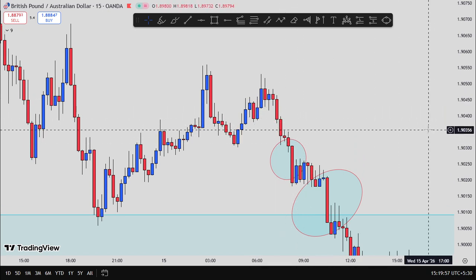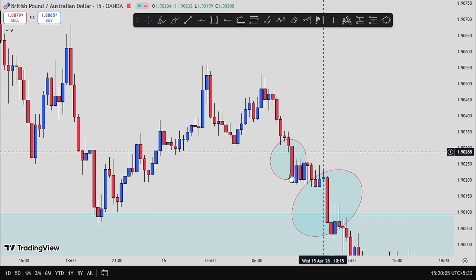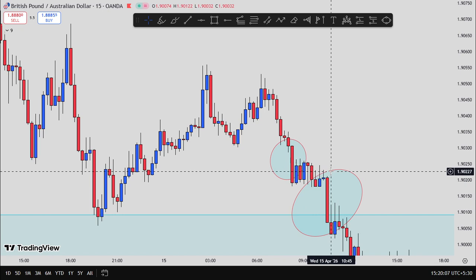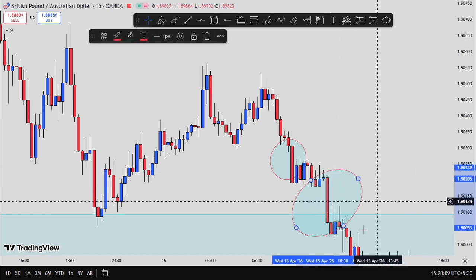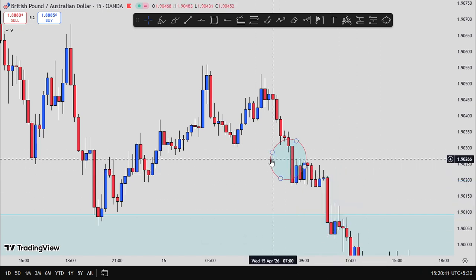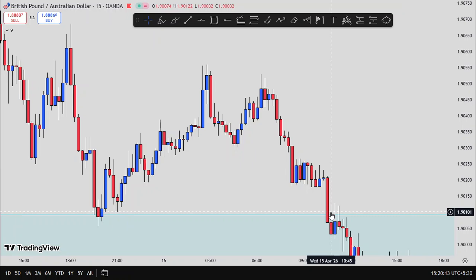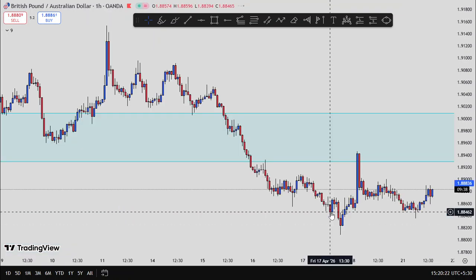But the thing which matters is that you do not have to combine everything. You have to select for yourself what you would like to see. See, if you are looking for the trend on the 1 hour, then you look for the engulfing or the entry confirmation on another time frame. That is how it is done. See, if I personally, if you would tell me to make an entry in this scenario,